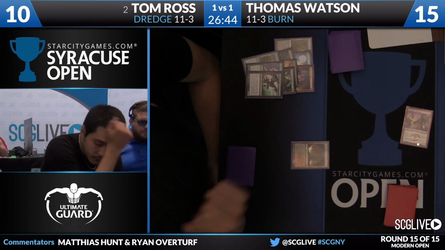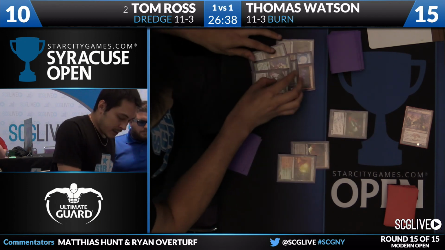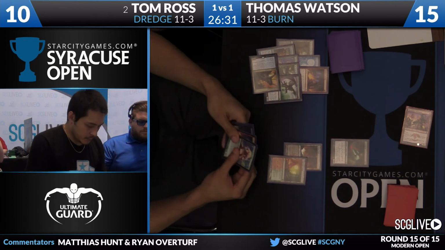And there's a couple of combinations where Tom has to do something to stop Watson from having a turn 3. He's going to play a land, get a Bloodghast back from the graveyard. So you see him rearrange. That Prized Amalgam's going to wait to come out. Now, if he has Collective Brutality,